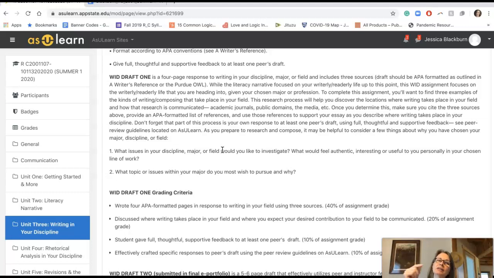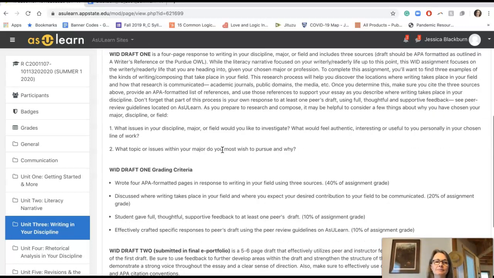Okay, so again, the literacy narrative asks you to think about your journey so far as a reader and a writer. Now I'm asking you to think about where you're heading as a reader and a writer, as somebody who's decided to come to college because you imagine it will help you pursue a major or a field or a global impact that you hope to make once you leave ASU. Writing will undoubtedly be embedded in that work. And what does writing look like there? And where does writing get communicated? That's the goal of this assignment.